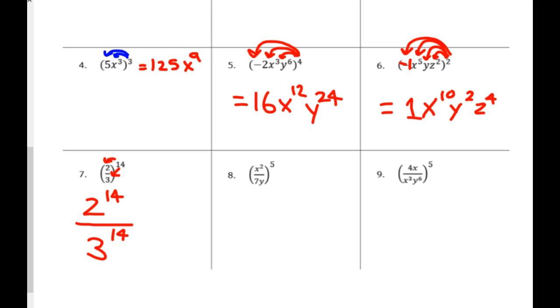On the next one, number 8. Distribute that 5. So the 5 is going to go to this x. The 5 is going to go to that 7. And the 5 is going to go to that y. Does everyone see the bottom has a 7 and a y, coefficient and a variable? Okay. So, x power 2 to the power of 5. The 2 and the 5 will multiply. So we get x to the 10